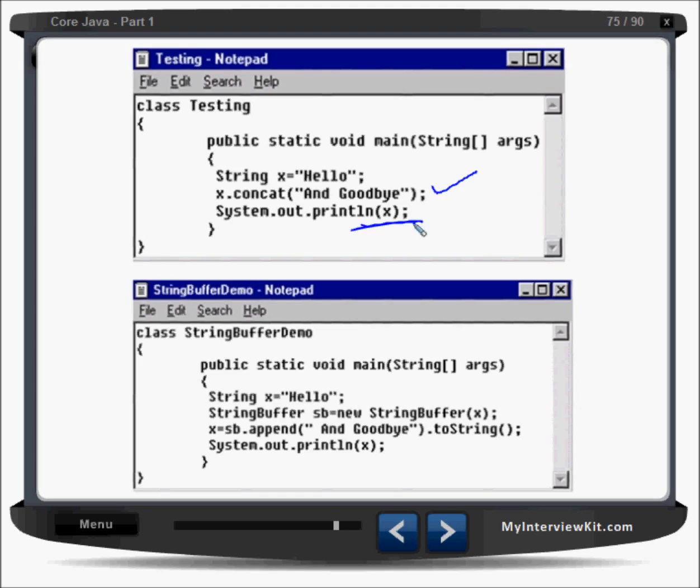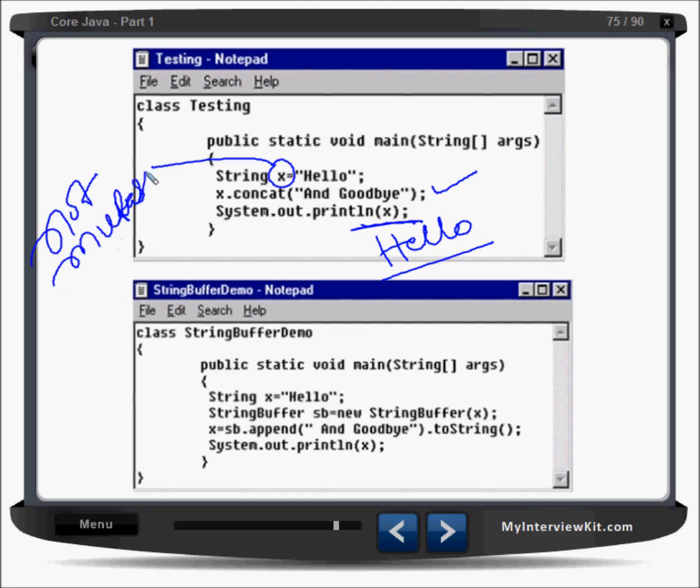No. The x will display hello, not hello and goodbye, because x is not mutable, right? You cannot change the value of x now. It is a constant value.